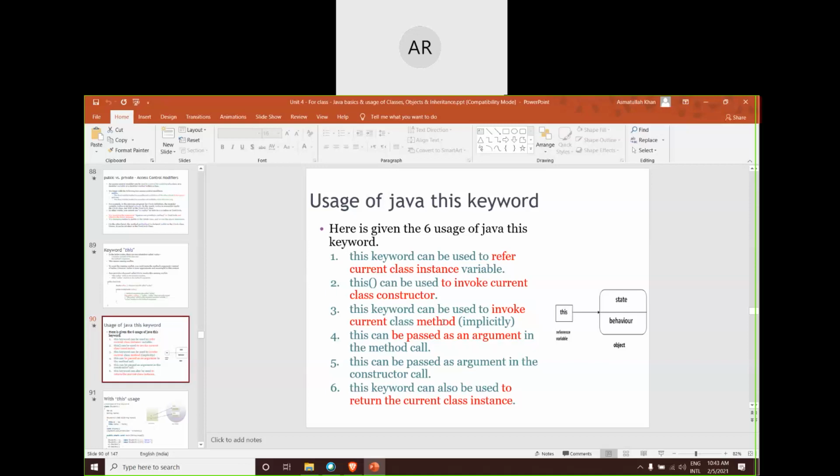If you want to pass an object to a particular method or a constructor, then you will make use of this keyword. This will be referring to the current object only. Do remember this point. The sixth usage was that if you want to return the whole object from the class to the caller, then you can return the current object of the class back to its caller.